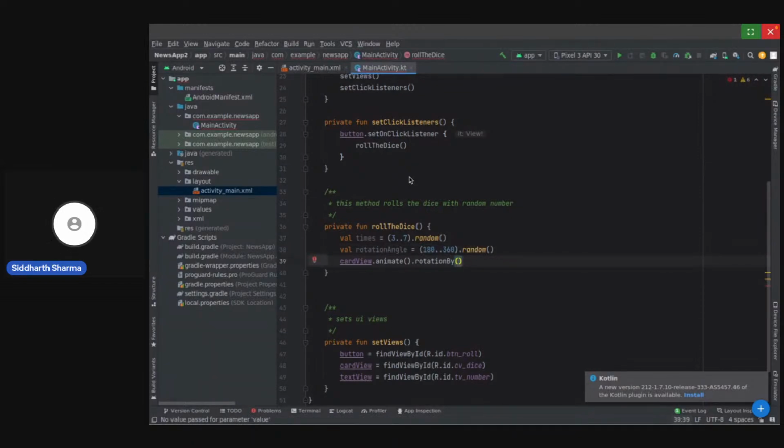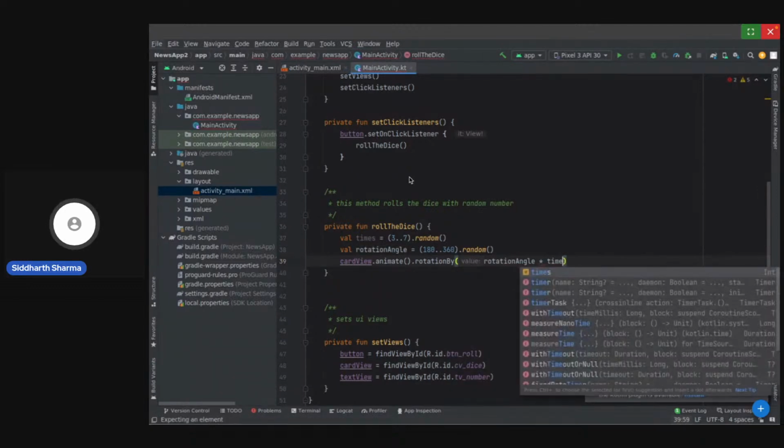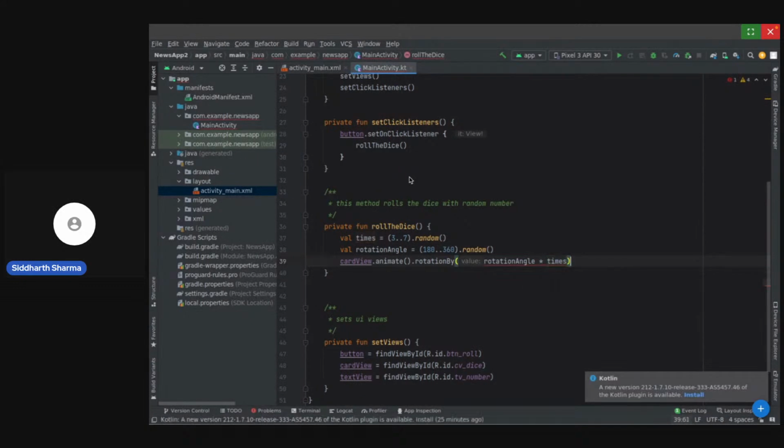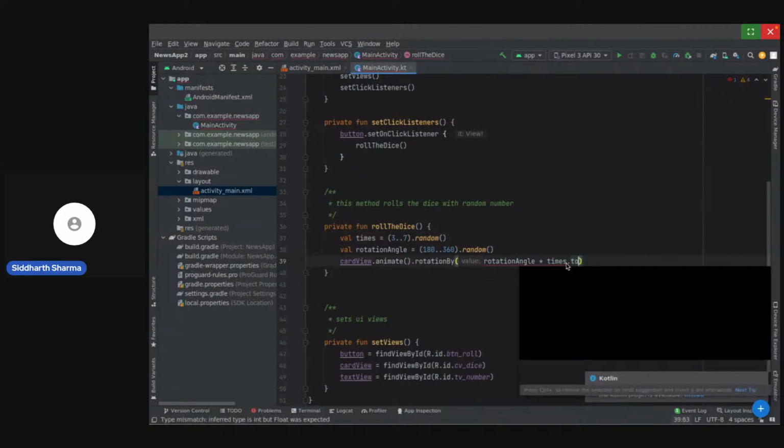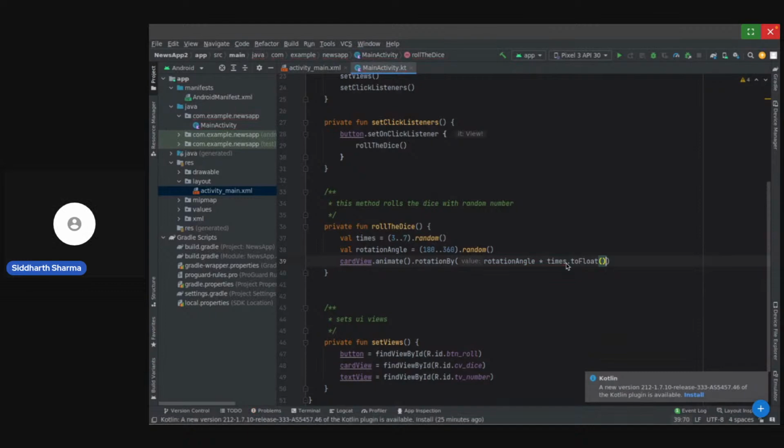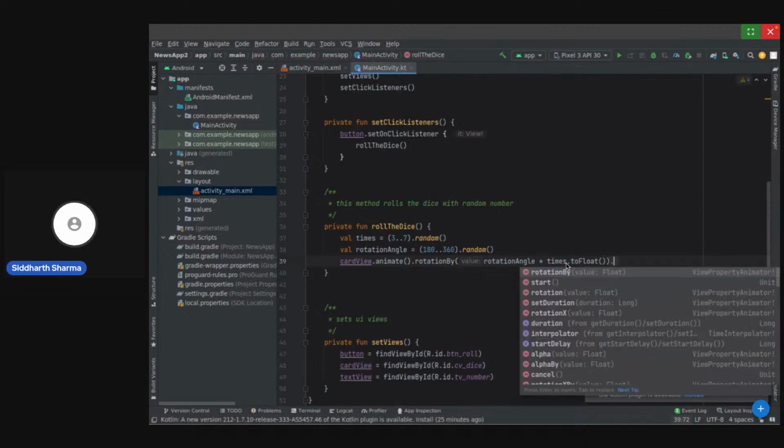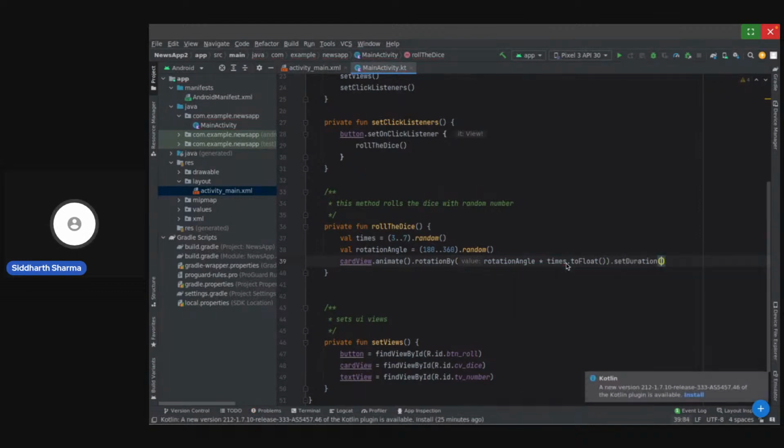And now our total rotation degree will be rotation angle multiplied by times. Okay, I guess this would need to be converted, so let's give it toFloat.